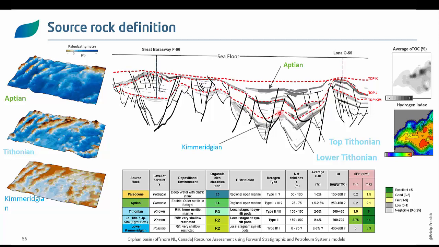So there's debate about its exact age. It could be lower Tithonian, upper Kimmeridgian. This is not very important for us here. The important fact is that it is a proven source rock and with known kinetics. From the flow runs, there's a possible lower Kimmeridgian source rock that exists in the basin, and it was therefore included in some of our scenarios. Since it's a possible source rock, it wasn't accounted for in all scenarios.